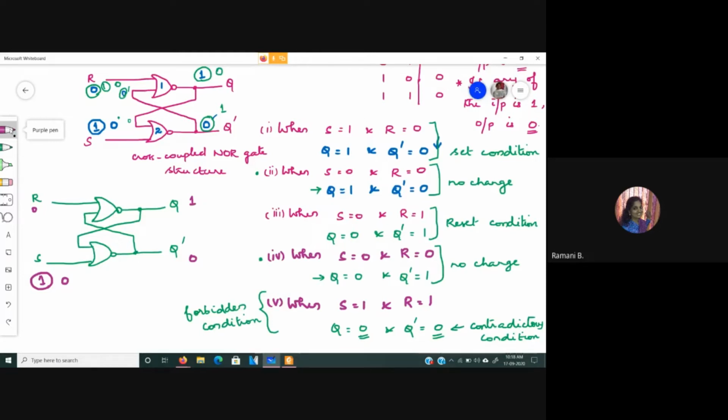You need to know the feedback path input, for any of the cases. So what was the previous value here? For this particular Q, you had 1 as the output. So this will be fed back to this NOR gate, and this we had 0, so this will be fed back to the other NOR gate. So you will have this NOR gate with both the inputs 0, so the output will remain 1 as such. Here, one of the inputs has become 1, so the output will remain 0 itself. Now you understand the condition?